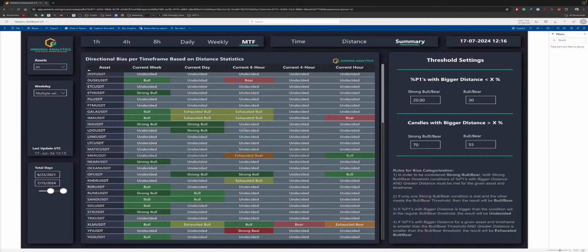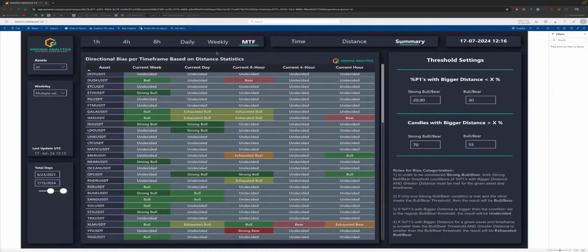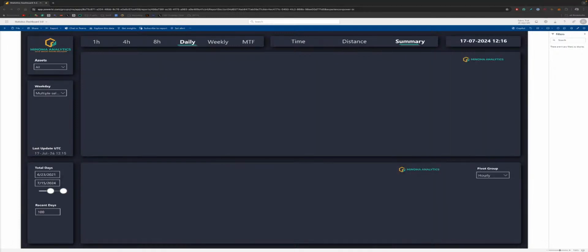So that's a pretty good sign. So I immediately went there. And then what you see is that you have the daily pointing up on the strong bull, and you have the 8-hour pointing up for the strong bull. Fortunately, we saw it just late, but it's good to